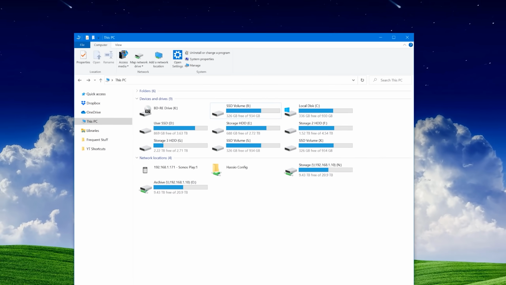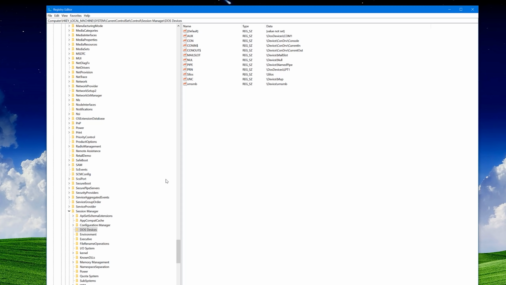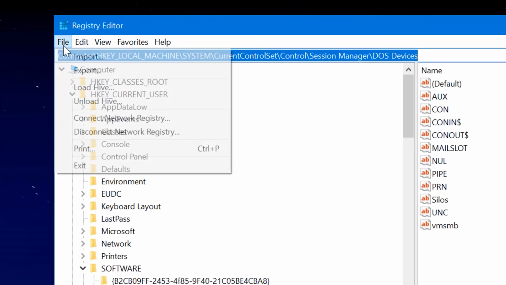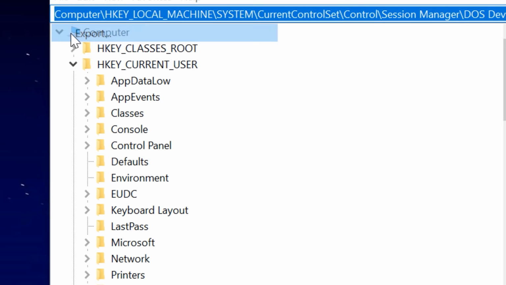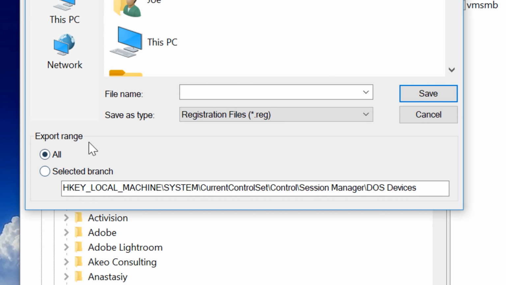But there is another thing you can do, which is to add the program in the registry. Before you do anything though, always make sure you back up the registry before messing with it, because there is no undo in the registry editor. So if you accidentally delete something you weren't supposed to, there's no coming back from it unless you backed it up. So always go to File, Export, Export Range All, and then just call it backup, whatever, and put it on the desktop or something.